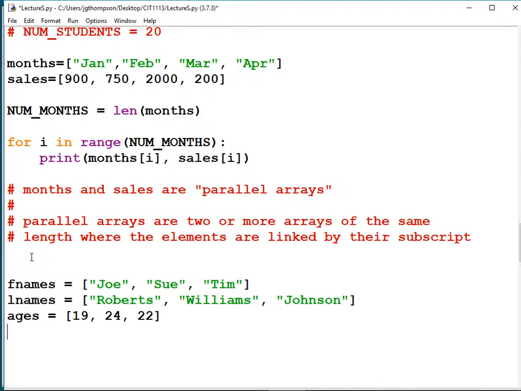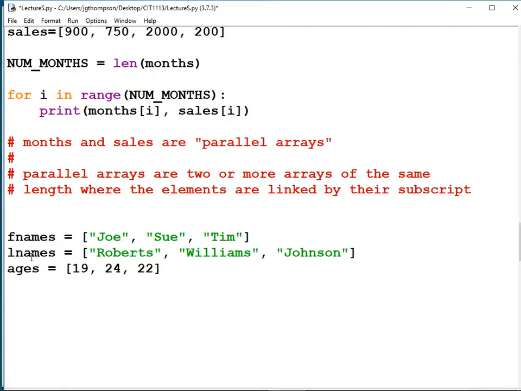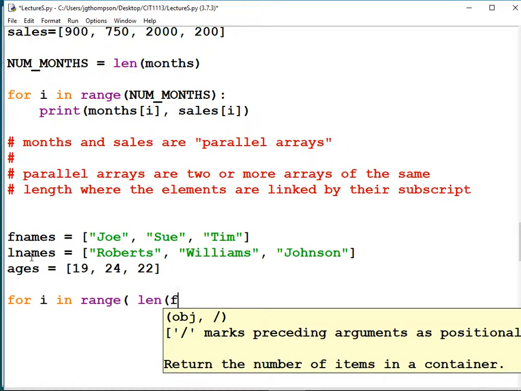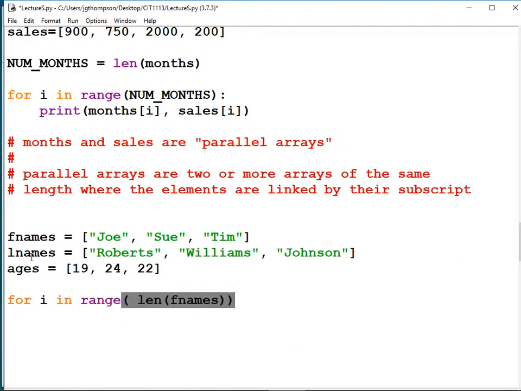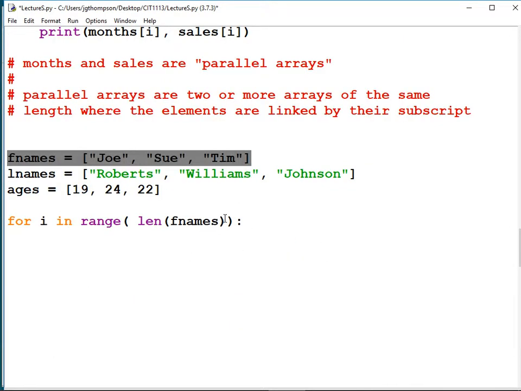And we could have a for loop that prints those guys out. Again, these are parallel arrays. For i in range, parentheses len, parentheses fnames, close parentheses, colon. Since these are parallel arrays, we should have 3 elements of each size. So it's okay just to pick one of these arrays arbitrarily, pick one at random, and use that as our length. Because the length of fnames is going to be 3, the length of ages is going to be 3. So let's print that out.